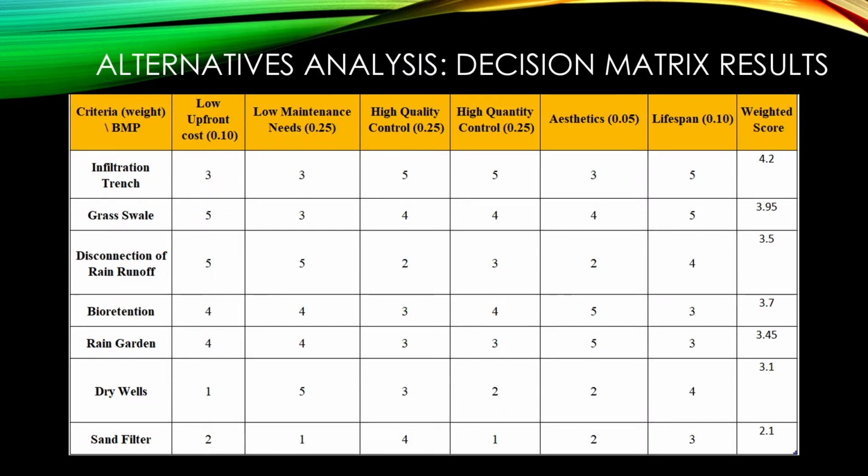For example, while rooftop runoff disconnections scored highly according to the decision matrix, they are limited by the amount of impervious surface in the vicinity of the site and the capacity of each downspout. Using the results of this decision matrix, we considered an alternative analysis and developed 3 alternatives for our client to